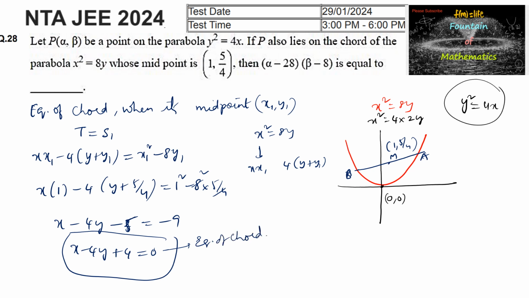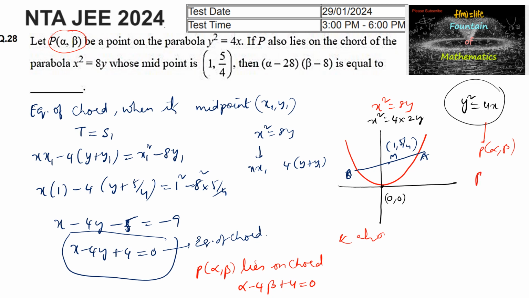And it is mentioned that point (alpha, beta) lies on the chord. So we can write alpha minus 4 beta plus 4 is equal to 0, and also this point lies on the parabola y square is equal to 4x. So we can say that beta square is equal to 4 alpha. So beta square is equal to 4 alpha is one equation, and alpha minus 4 beta plus 4 is equal to 0 is another equation. So solving both these equations,